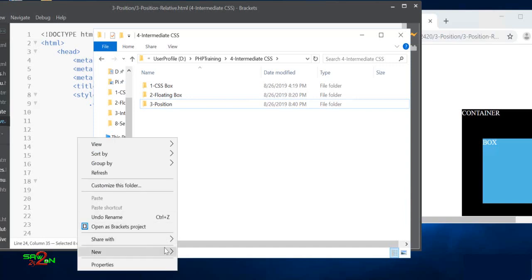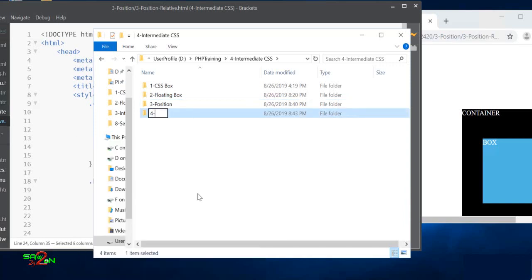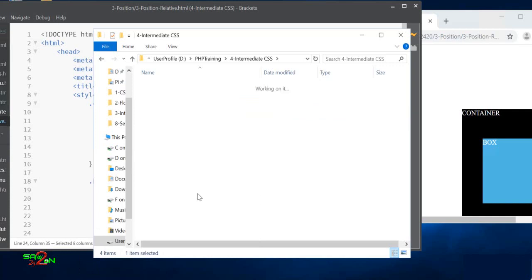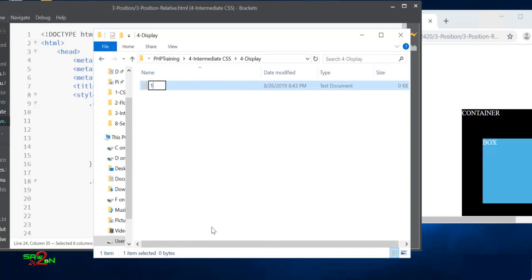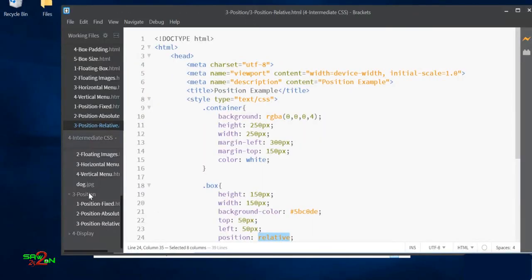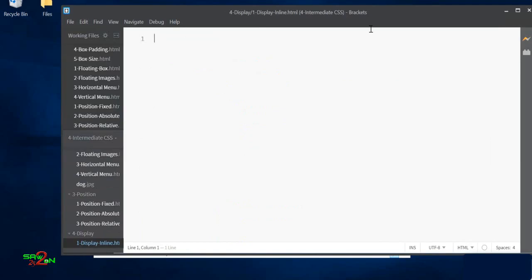Okay, so I'm going to create one more example folder here, call it display. Let's create a file here. Let's open this up and we'll put our boilerplate code there.